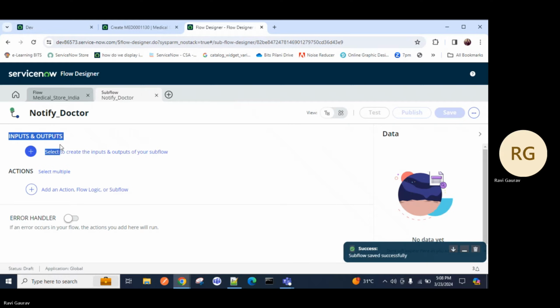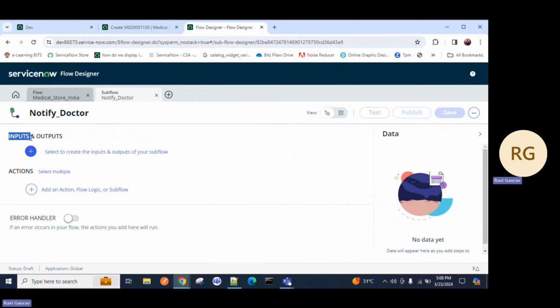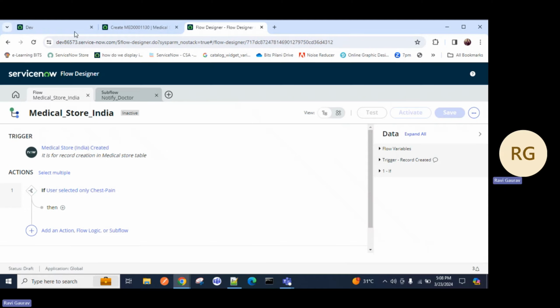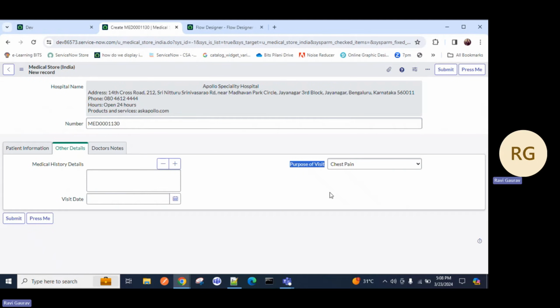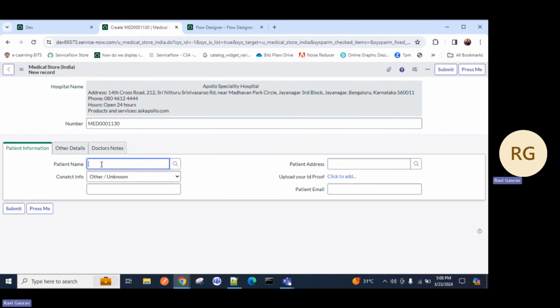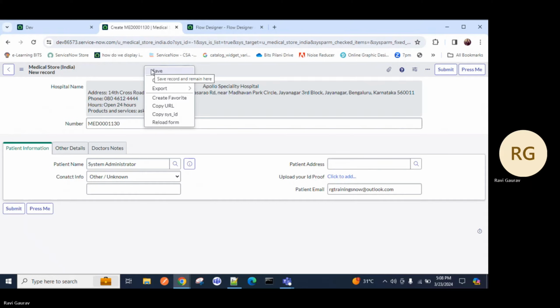Now here, when you create any subflow, they're asking what is the input and what is the output. What will be the input of the flow? What will be the output of the flow? Obviously, the input will be from this flow. Just think, guys, whatever record is created here, let's say one record is created, what will be the input of this record? For example, I will create any random record, let's say system admin. If I click on save,